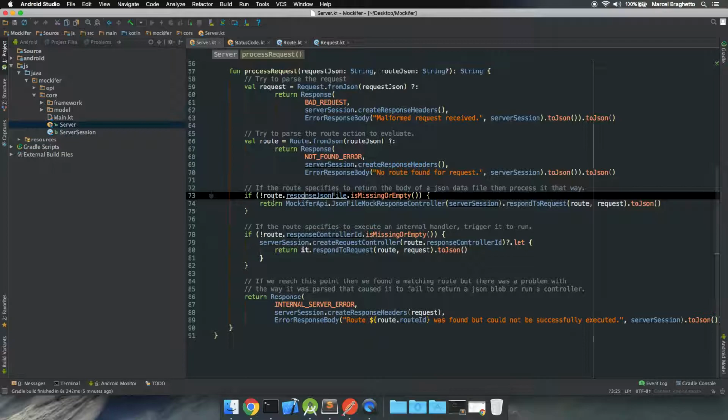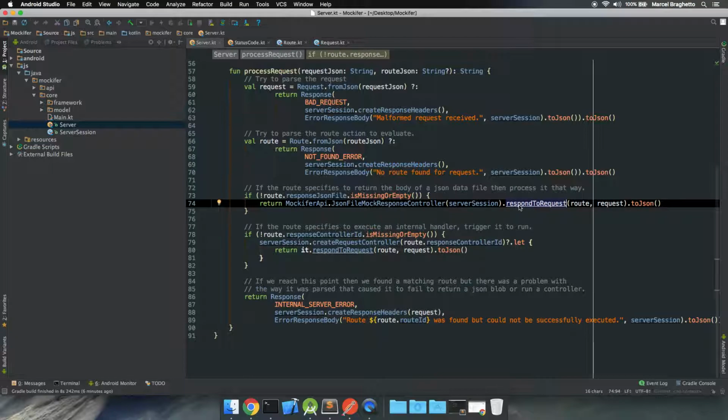If we get down to this point, it means that we have a request and a route. And we look at the route and say, hey route, do you want to respond with just a plain old JSON file? And if you do, we're going to ask a built-in API to create a controller, in this case a JSON file mock response controller, and we'll ask it to respond to the request. So if we quickly look in there,